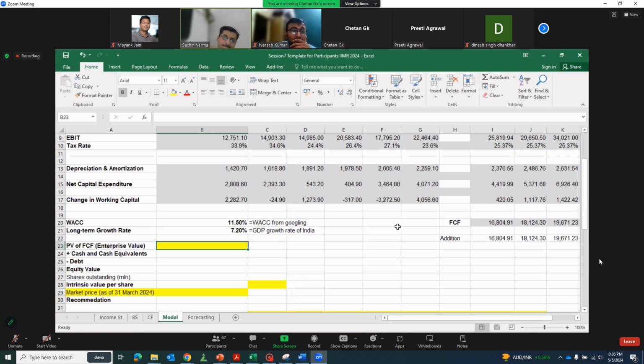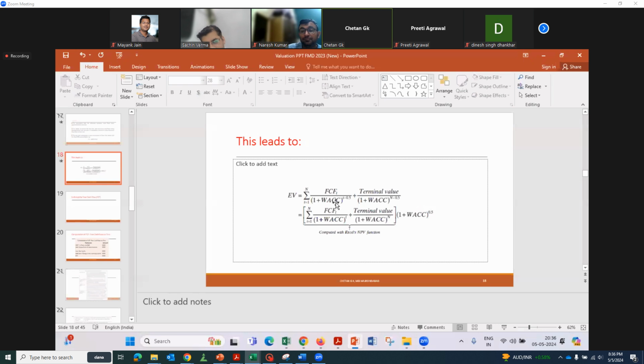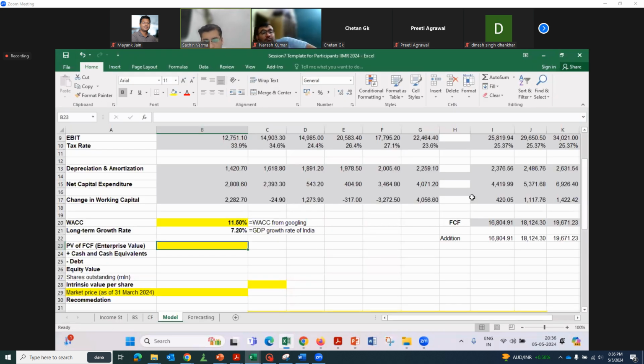How to do that? The rate will be WACC, not the long-term growth. This is the rate you should be using, because we are going to discount it back to present value terms at WACC.